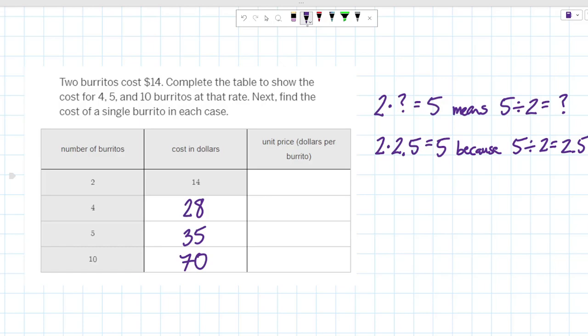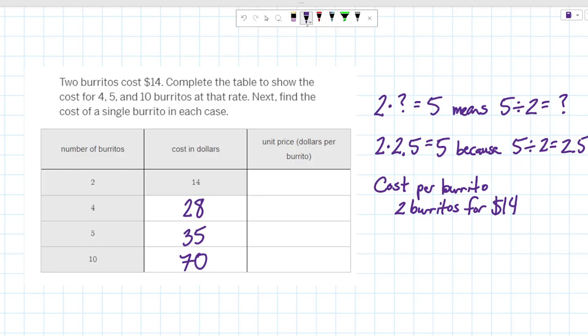So if we wanted to break that cost into 2 equal groups, that's a division problem. So the cost per burrito, if for 2 burritos, that costs $14,